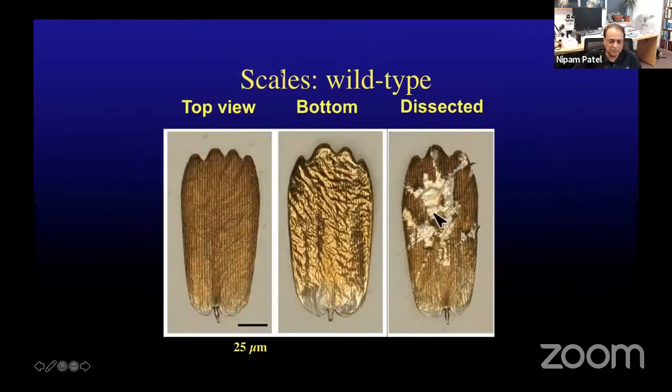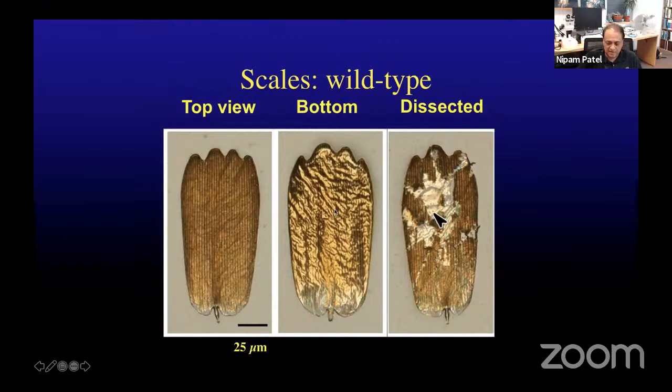So it turned out if you look at those brown scales, they actually also have a structural underpinning. So not only if you look at them from above, you see them as brown, but if you flip them over, you see this kind of gold color. And so it turns out that really they have both a pigment and a lamina that reinforces that color.